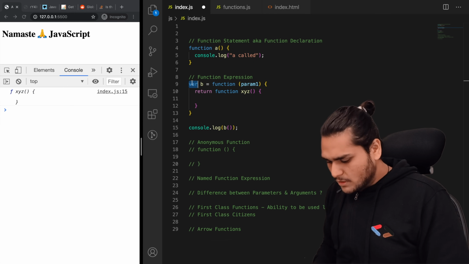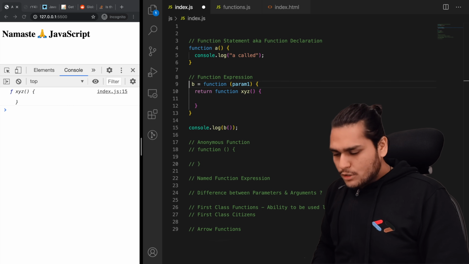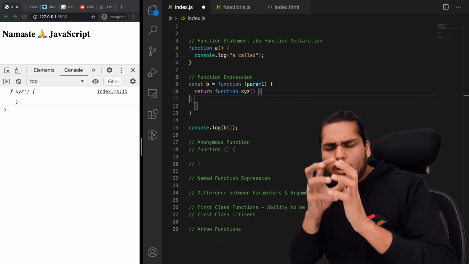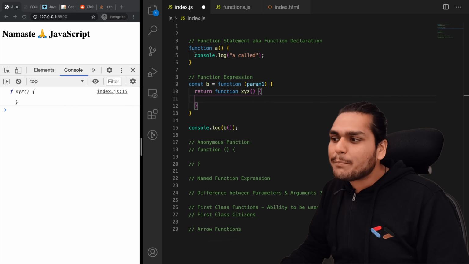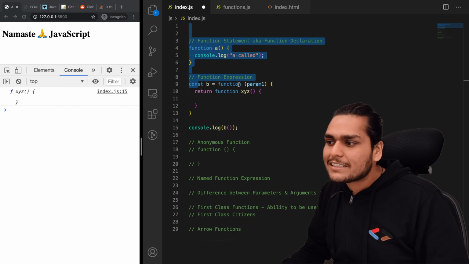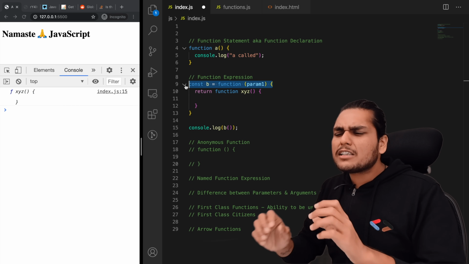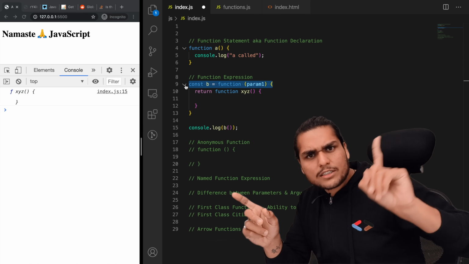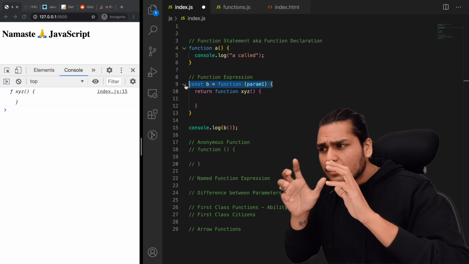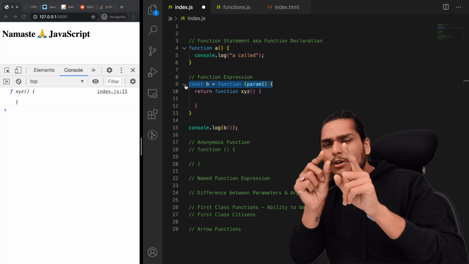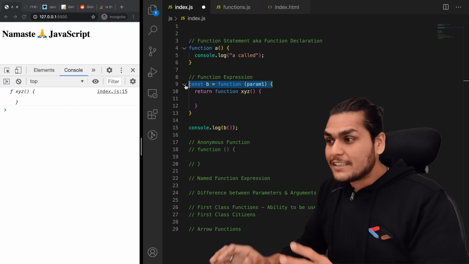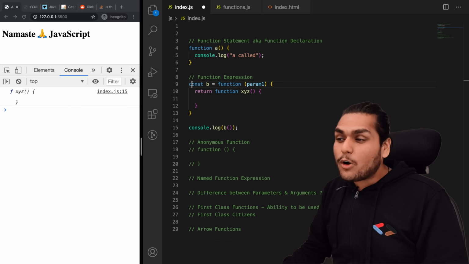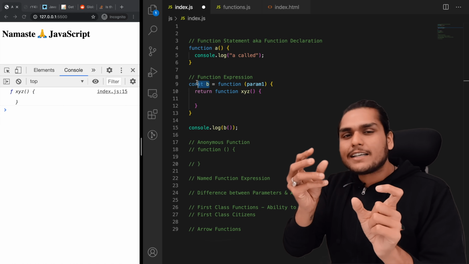One more doubt you might get is: what if I use a let or const over here? In that case it also behaves the same way just like let and const normal variables do. They are in a temporal dead zone until it encounters this statement. So it is treated exactly the same. If you want more information, it is in the let and const video. Go watch that again if you are still confused. Whatever rules are applied in the let and const video, the same rules are applied here. So this const b is nothing but another variable,